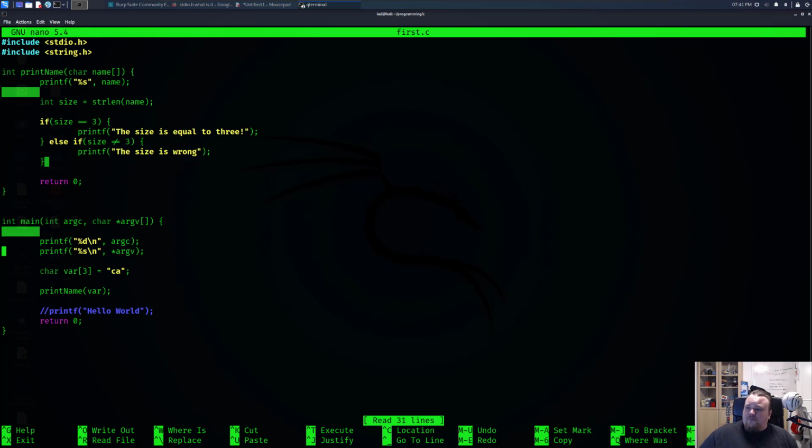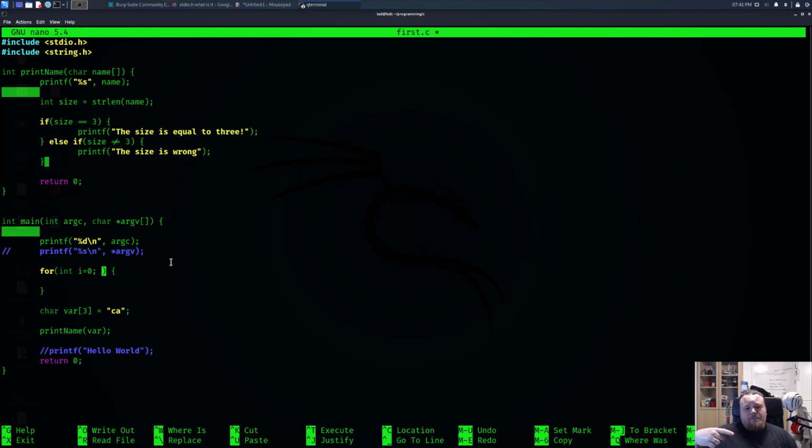How to get all of it out? I guess we need to loop through it in some way. So let's go ahead and comment this line out and do a for loop, I guess. Yes, and the for loop is gonna be having an integer variable starting from the index of 0, because this is also the same in C programming, that all positions start from 0. So as long as this is smaller than argc, we're going to increment our i variable, and this is gonna printf out the